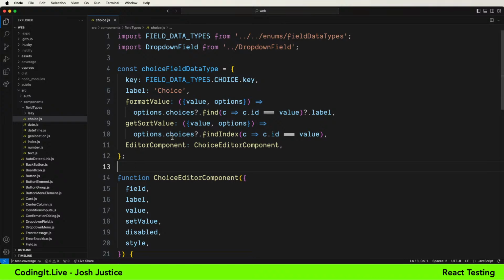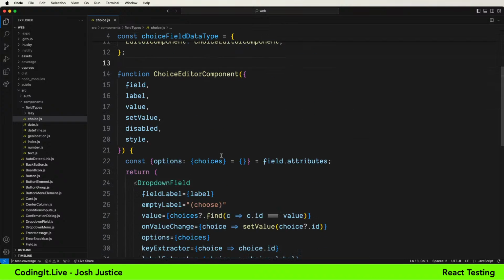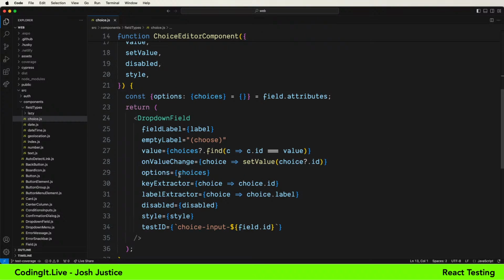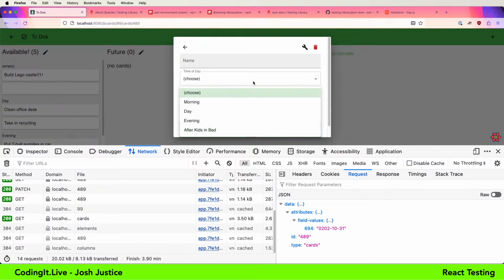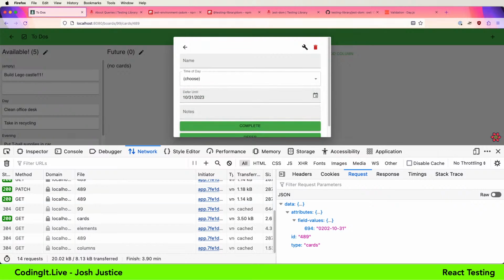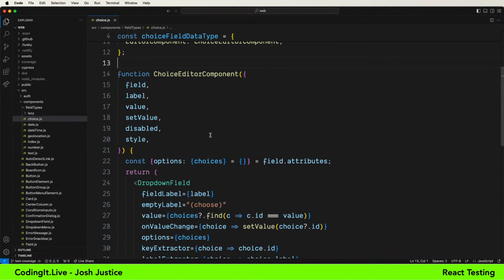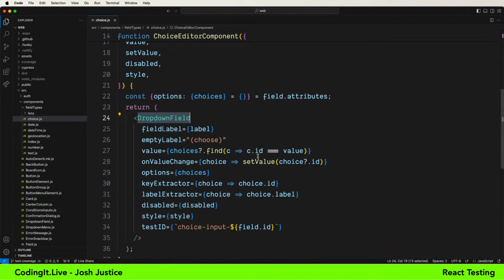What functionality do we have here? Oh, I should look down at the choice editor component as well. Here I do it inline because it's not something large that I wanted to split out of the bundle. For a choice editor, which is a choice like this, choosing from the list, it uses the MUI drop-down field. And we configure a bunch of things, but there's a little bit of looking up and passing back the ID